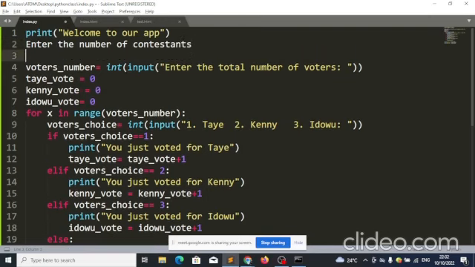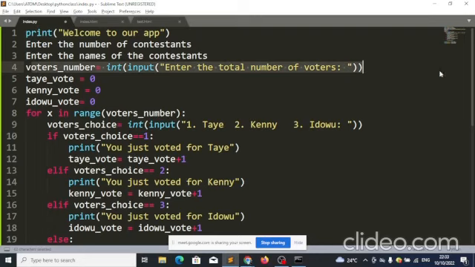Then next you will enter the name of each contestant. You enter the first contestant, second contestant, third contestant. If we have three, let's assume I have five, I will enter the names of the five contestants. If there are seven contestants, I will enter the names of the seven contestants. So I will enter the names one after the other. After I enter the names, we can now come here,